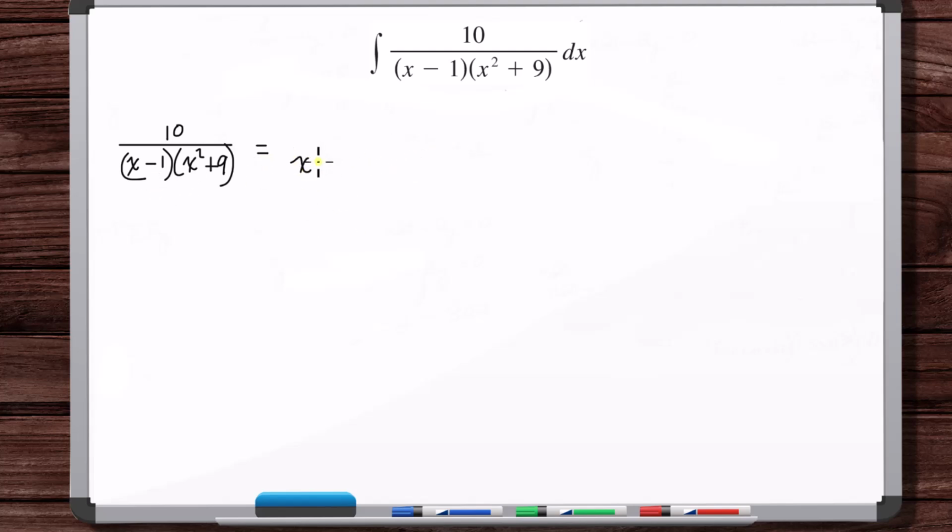So the linear factor to the first power. Okay, now the quadratic factor to the first power is just you put the quadratic factor and that's it. Okay, now let's solve for a, b, and c. Let's clear the fractions, multiply by the least common denominator. So we've got